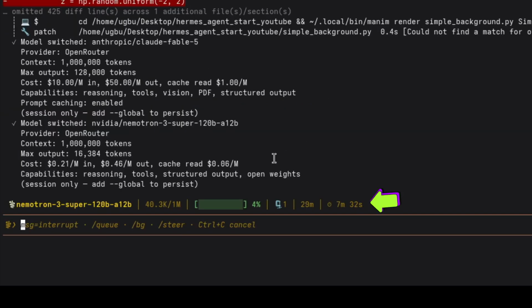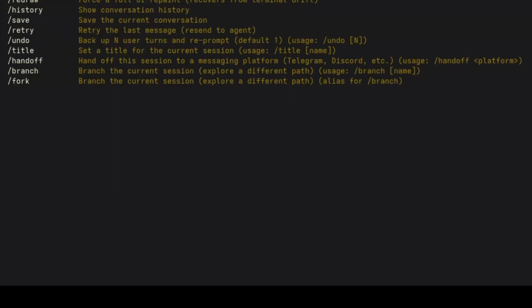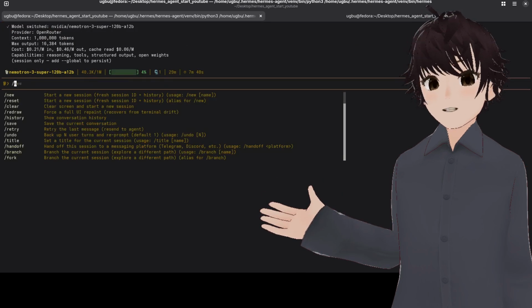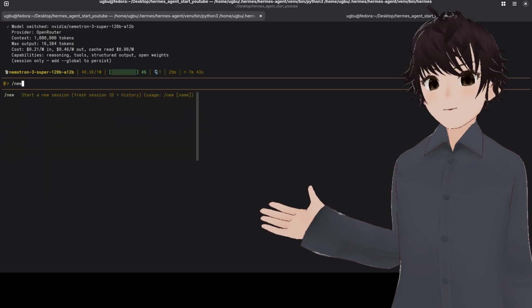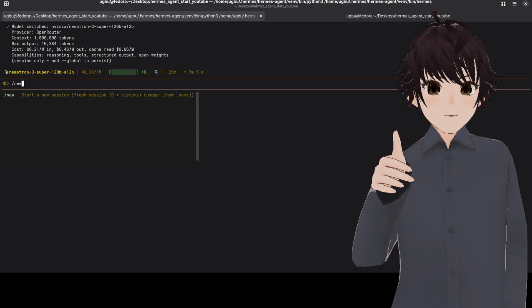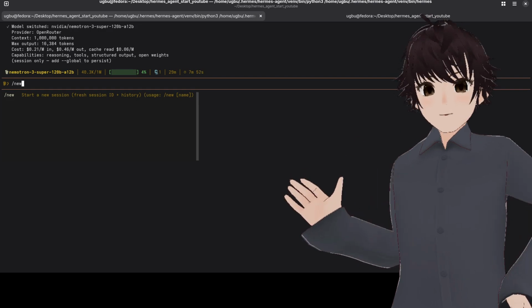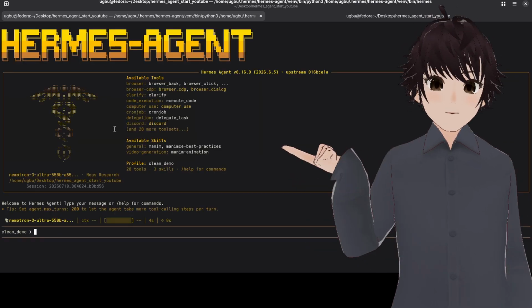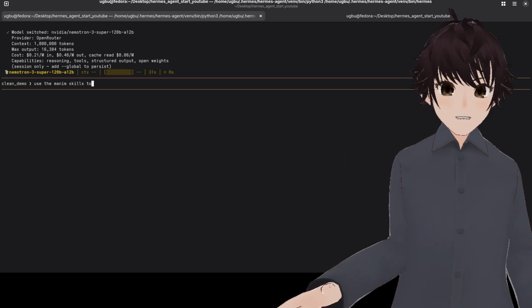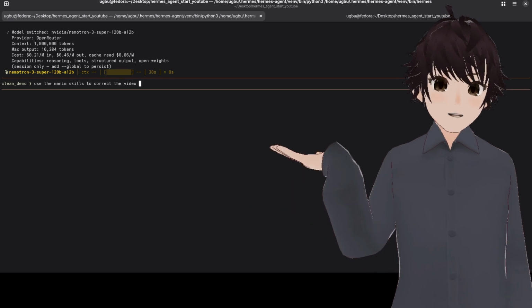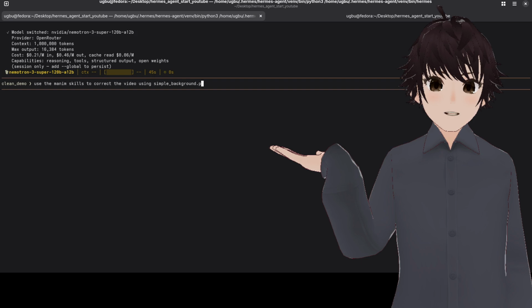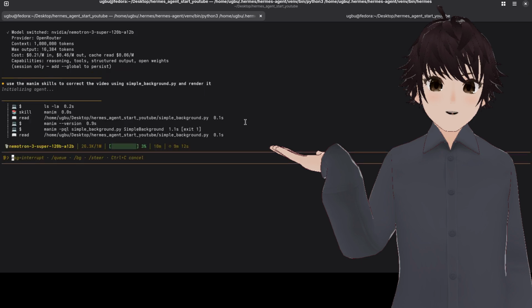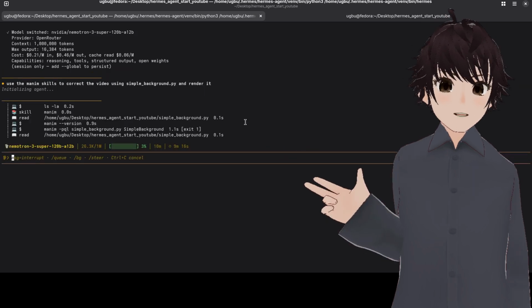This is taking way too much time, so let's just stop everything and start a new session by typing /new. It will forget all its history, but we can give it our simple unzer_background.py file to work on. Let's just fix the background video using the MNIM skills to correct the video script in simpleels.background.py and render it. This model is taking way too long to respond, so let's try to use a different